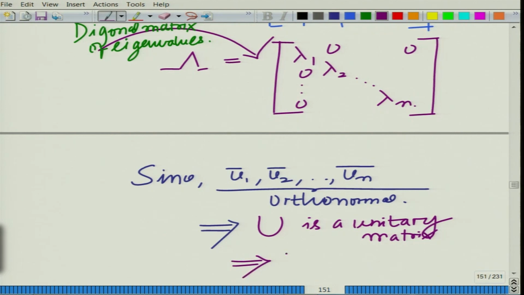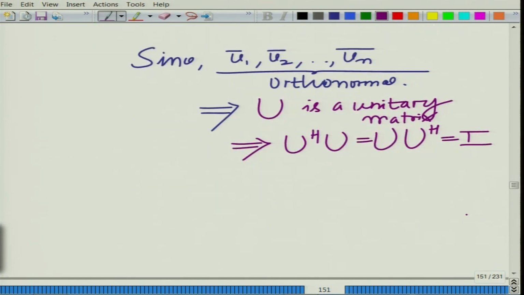Which essentially means that U satisfies the property U Hermitian U equals U U Hermitian equals identity, and therefore the eigenvalue decomposition of the PSD matrix A